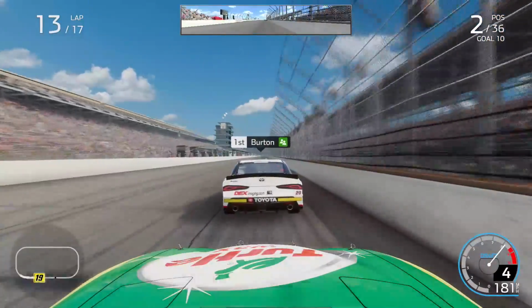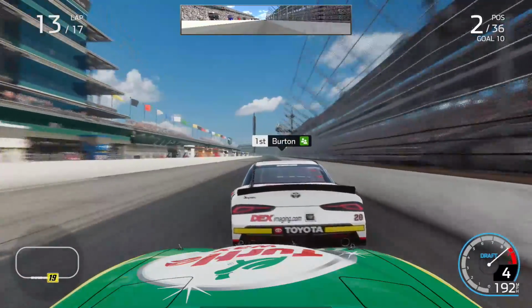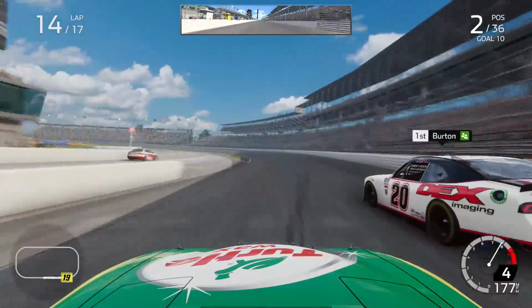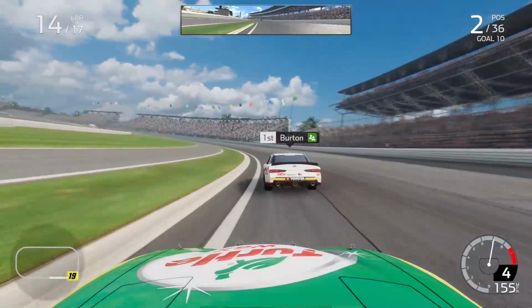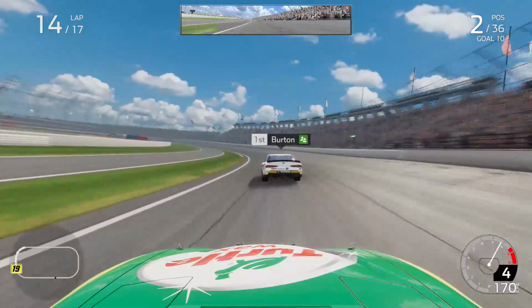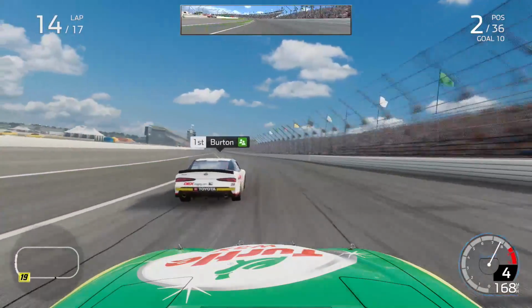Now at this point I was looking at potentially making a move on Burton, coming to just 4 laps to go. I dive up the inside here as we dive down towards the turns 1. We have a good gap over third, but I actually get outbraked into turns 1, and Harrison would hold on to the lead. But now as we came through out of turns 4, approaching just 3 laps to go